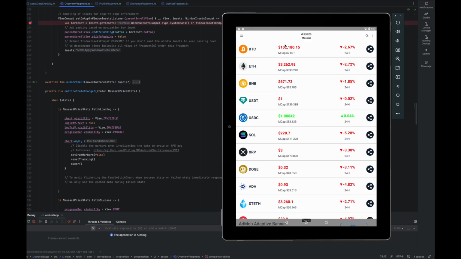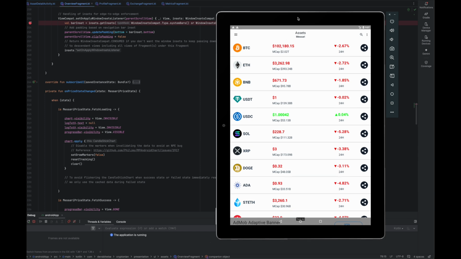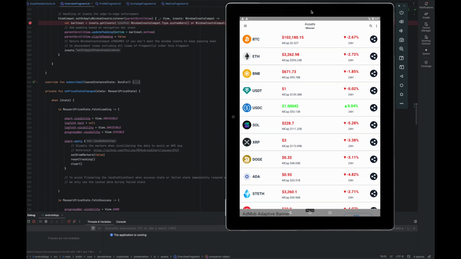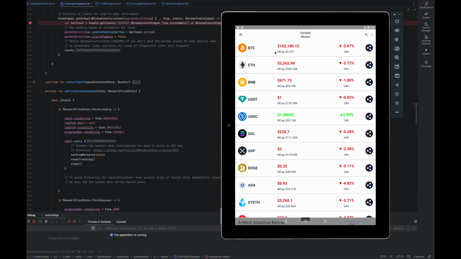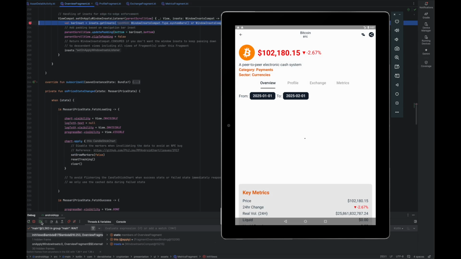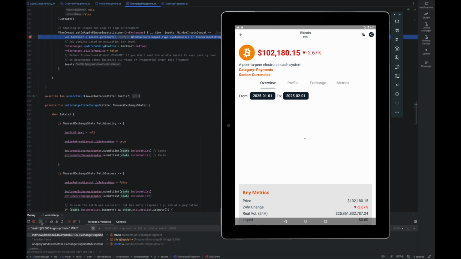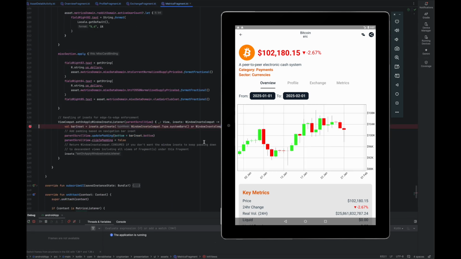Upon trying with Android 5 running on a tablet device, which is a Pixel C tablet, when I tried to do the same scenario with the configuration change, right?